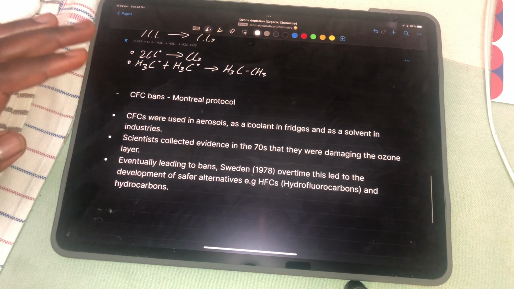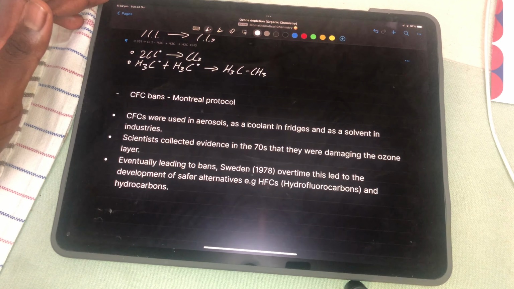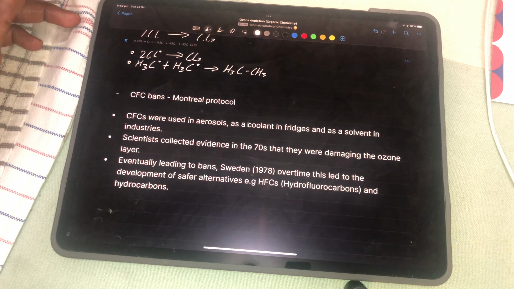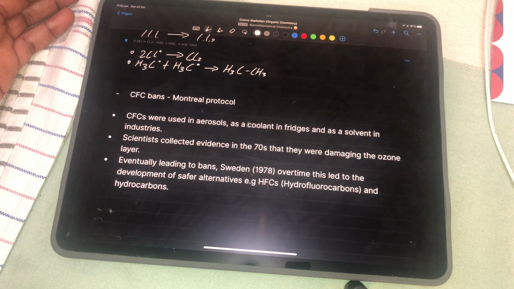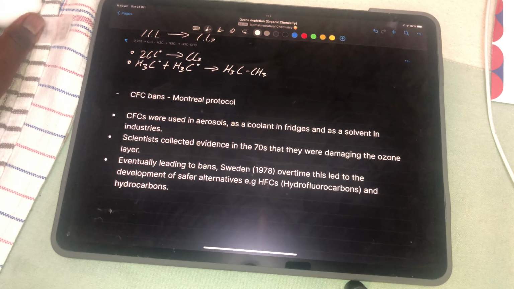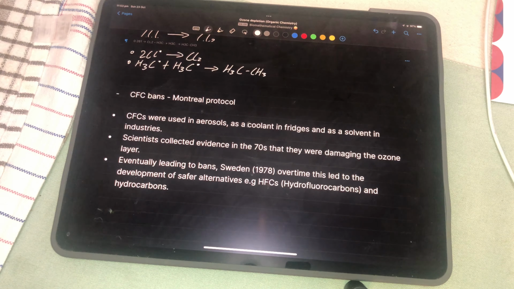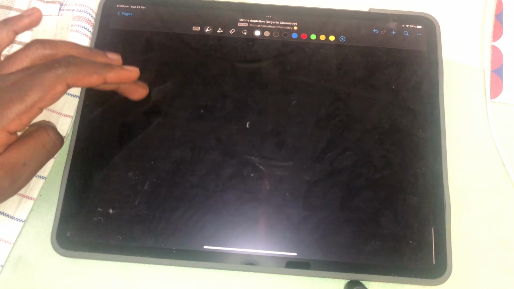But I think you need to understand why it is so important that we don't have ozone depletion. If I asked you, why is it so important that we don't deplete the ozone layer? What's so special about the ozone layer? Why do we need the ozone layer? It's important because